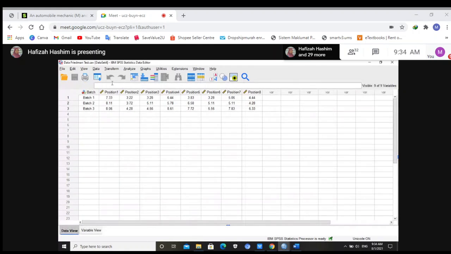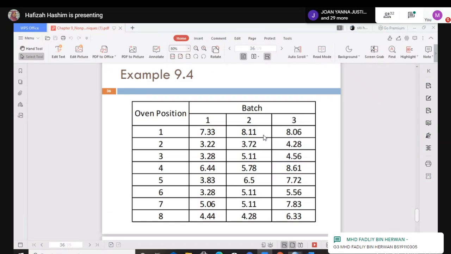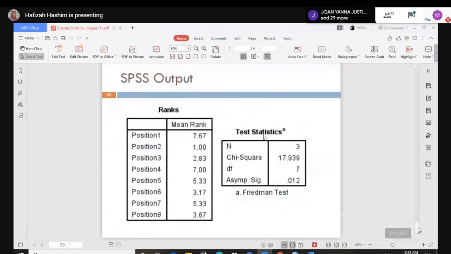Alright, you have position 1, 2 sampai 8. Okay, just analyze the data and then you will get the output like this.